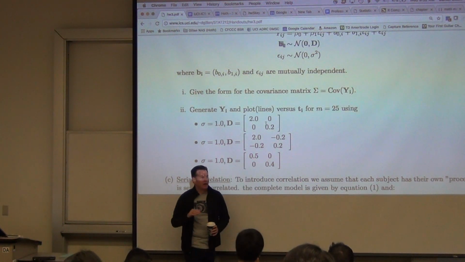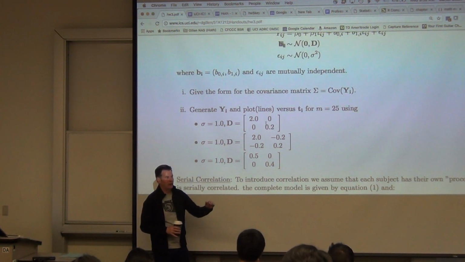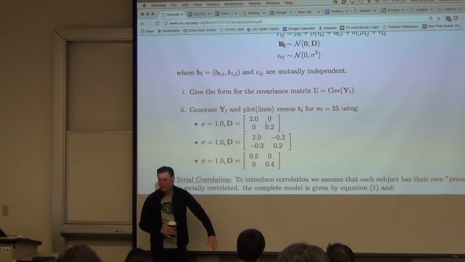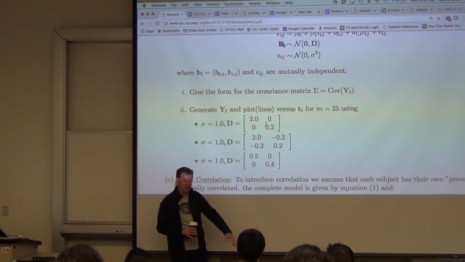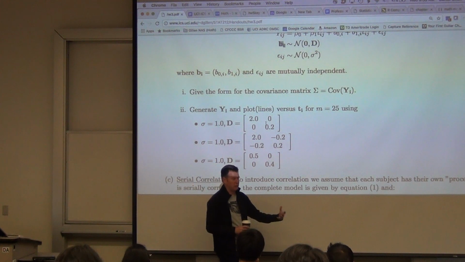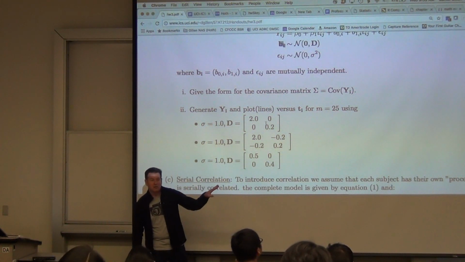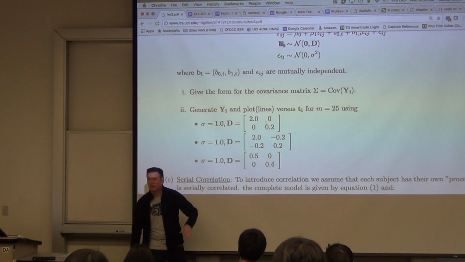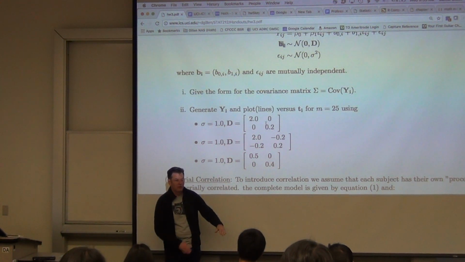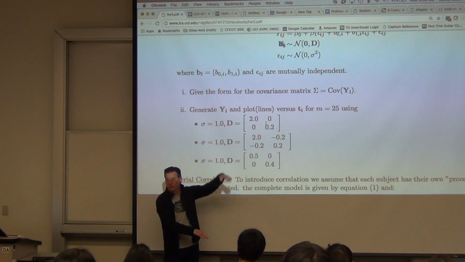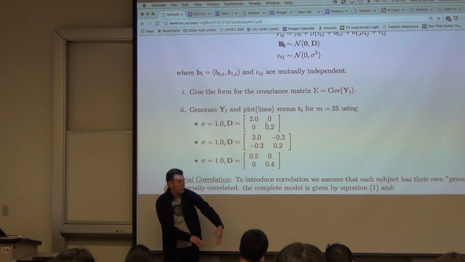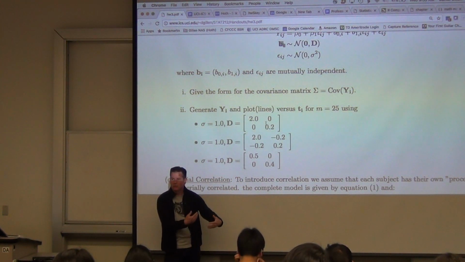In other words, a subject that maybe is worse may be declining at a faster rate than everybody else. That would be positive correlation between the random intercept and the random slope. Or it could be that you might have almost a floor effect in the FEV. In other words, a subject that is worse really has no place else to go, so subjects that start high are going to start to go down quicker. That would be a negative correlation between the random intercept and random slope. Everybody with me on that?